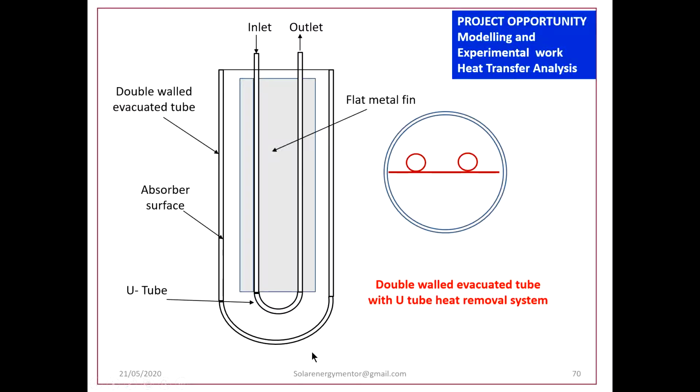Because these U-tubes are not manufactured in India, but these evacuated U-tubes are ready-made available for import. So this part is ready-made available. The designer just has to insert this absorber and then provide an assembly. So this becomes a very cost-effective solar water heating system, which will generate temperatures of the order of 90 degrees Celsius. This type of collector offers a very great perspective for industrial process heating.